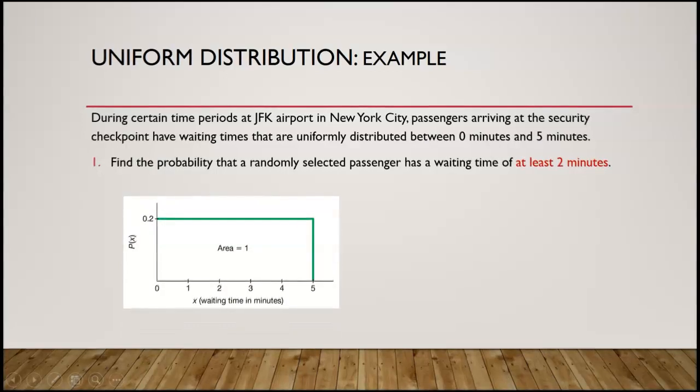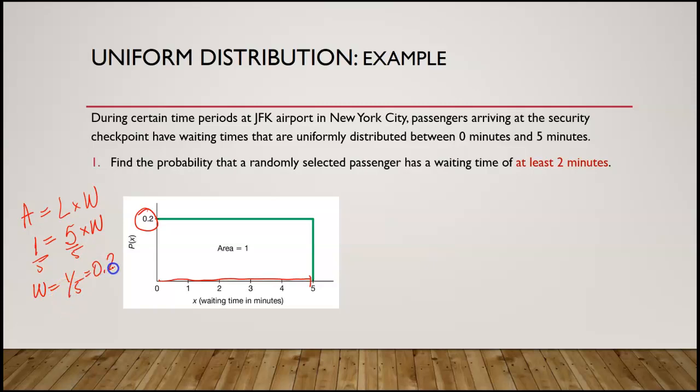The graph of any continuous probability distribution is called a density curve. And because the density curve of a uniform distribution is a horizontal straight line, we can use this property to find a correlation between the length, the width, and the area. Let me show you how we find this number. Area is equal to length times width. The length in this case is equal to 5. Area is equal to 1. To find width, divide both sides by 5. Width is equal to 1/5, or 0.2.